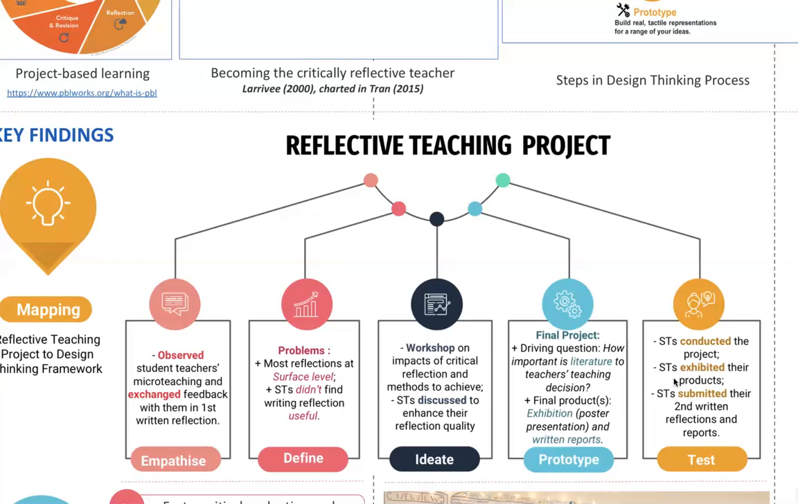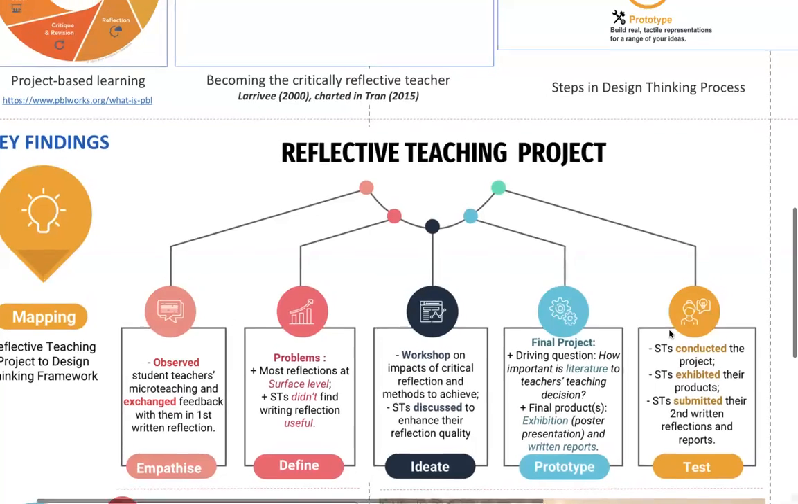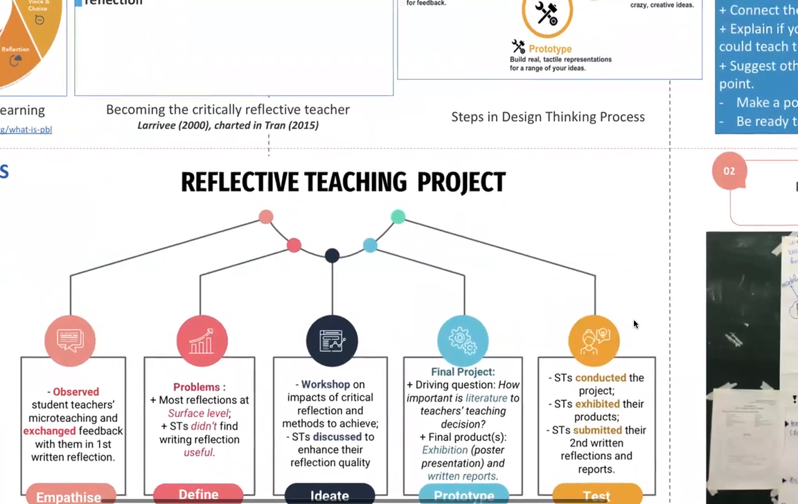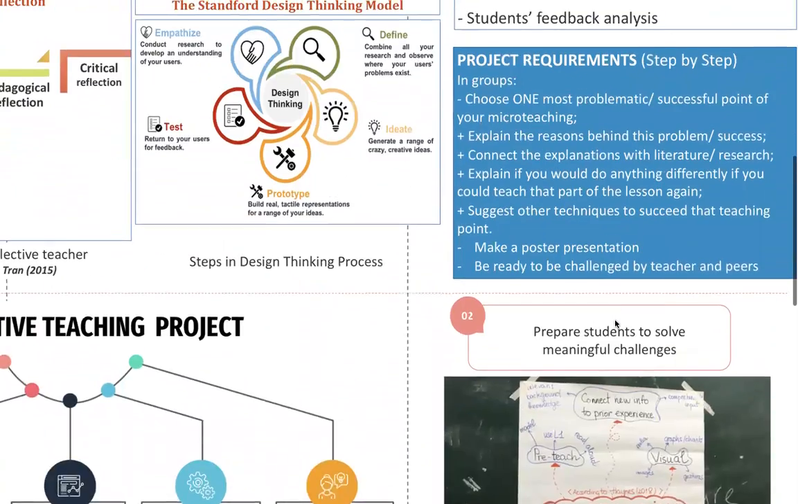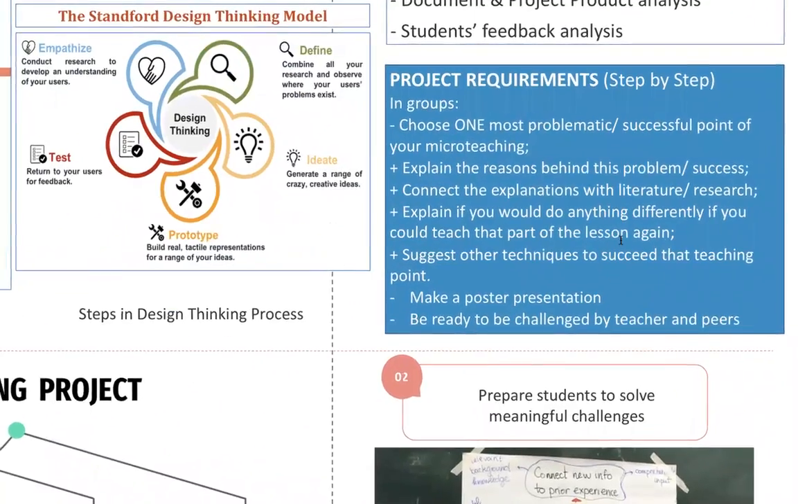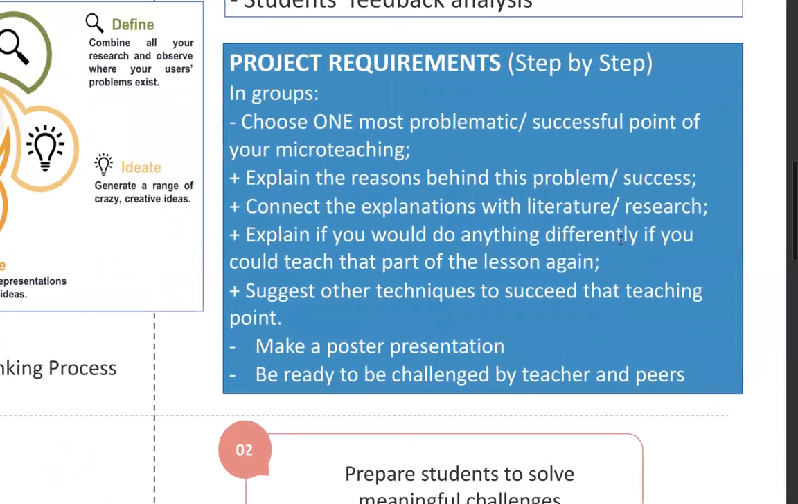The testing step consists of student teachers doing the following things. They conducted the project, they exhibited their products, they submitted their second written reflection and reports. So when we come up with the final project, this is a more specific requirement list for the reflective teaching project. So in groups, students must choose at least